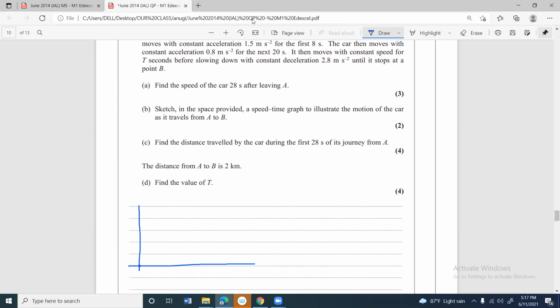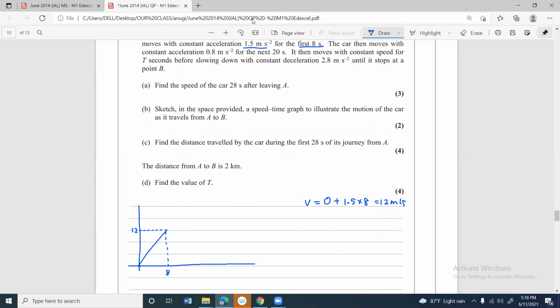You can apply 1.5 meters per second squared for 8 seconds. So u is 0, acceleration is 1.5 into 8. It is 12 meters per second. So it comes up to 12 in